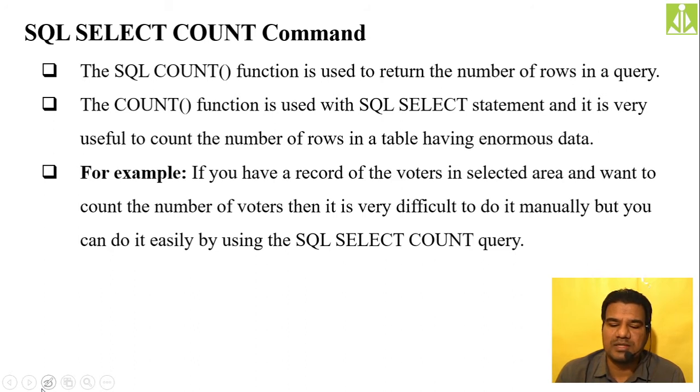Consider a simple example. Consider a scenario where you have the complete population list, and you want to know how many people are eligible for voting. The persons whose age is greater than 18 are eligible for voting. We know that; it is a condition. So you simply write that condition: SELECT * FROM voters, where voters is the table name. Or you can say SELECT * FROM census, where census is the population record. Let us assume I have created a table with the name census. So SELECT * FROM census WHERE age is greater than 18.